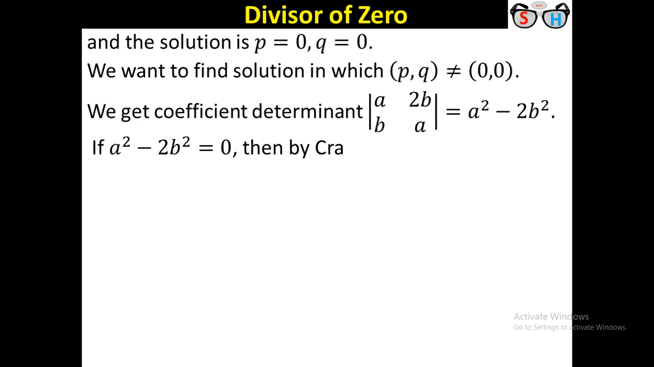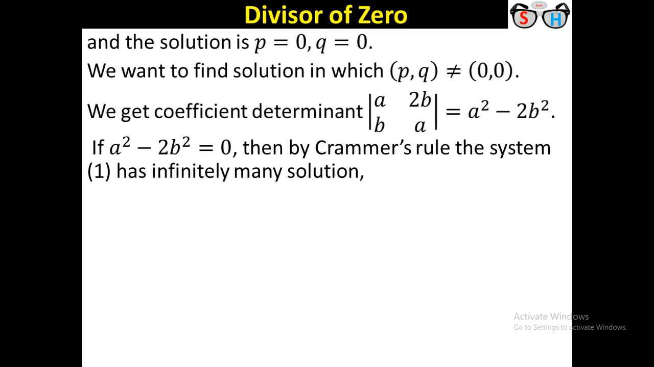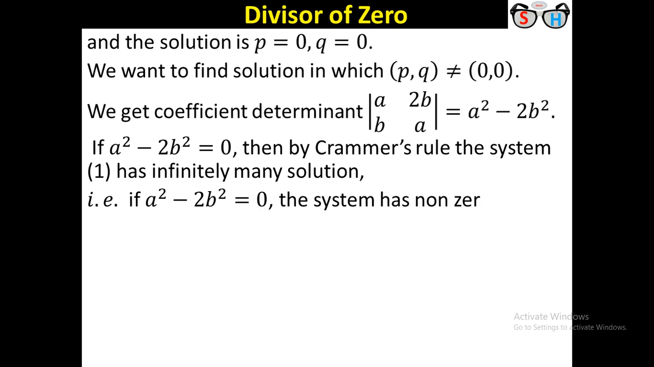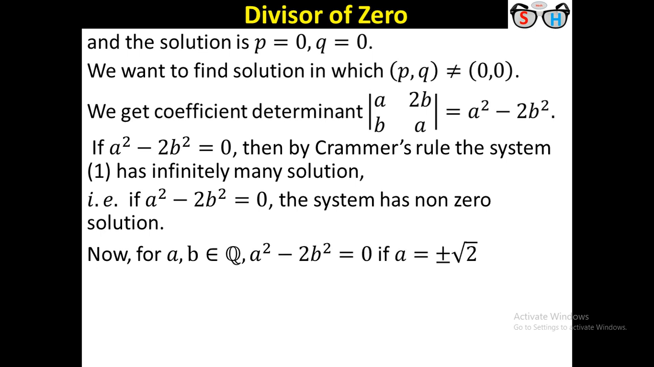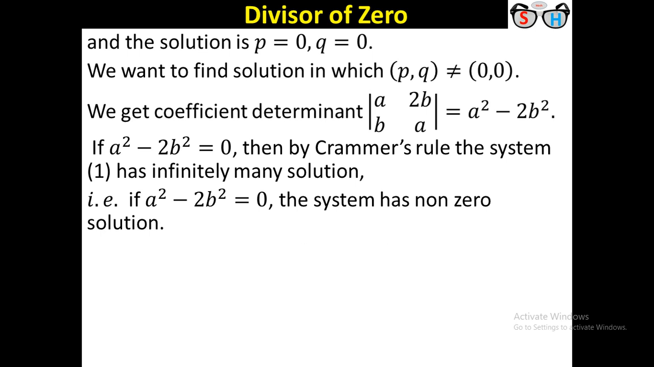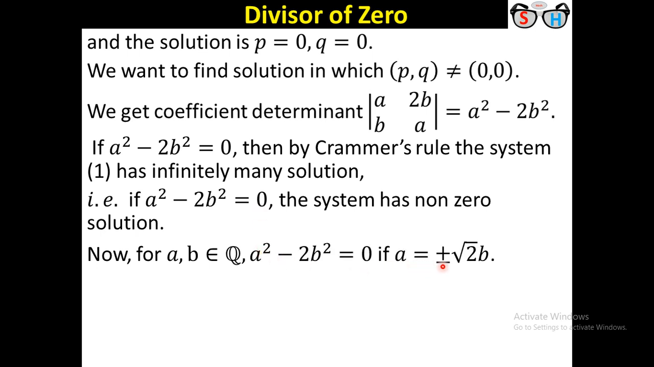If a square minus 2b square equal to 0, then by Cramer's rule the system has a non-trivial solution, that is, it has a non-zero solution. Here you see that when this will be 0, the system has infinitely many solutions. But here a, b belong to Q, a rational number. So a square minus 2b square equal to 0 if a equal to plus minus root 2 b. Since a, b are rational numbers, this is not possible, because